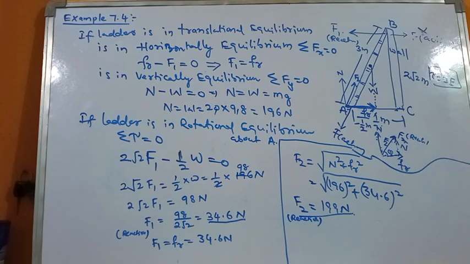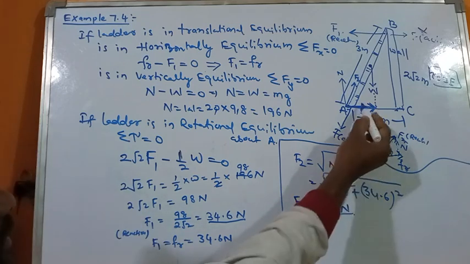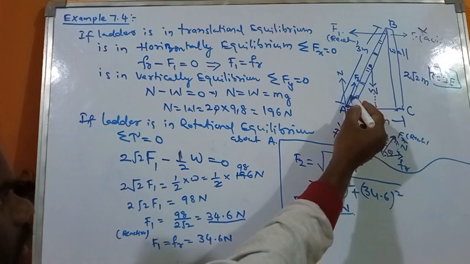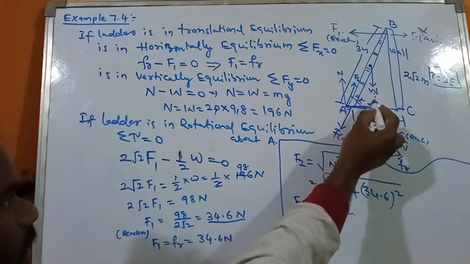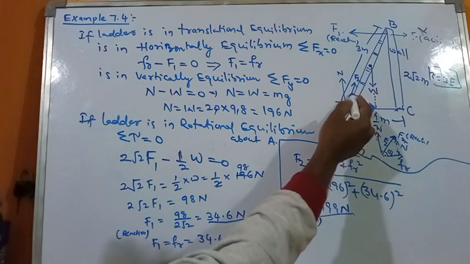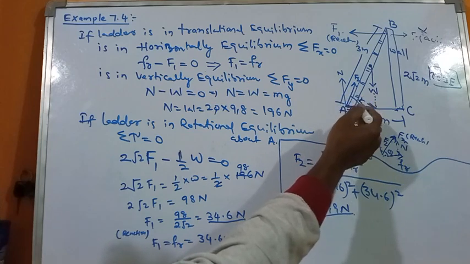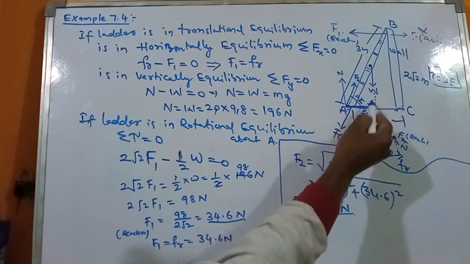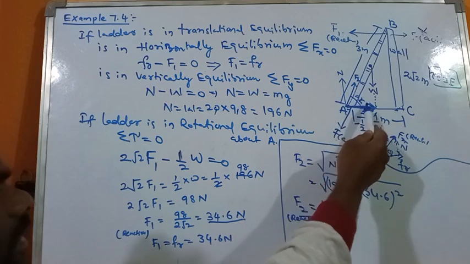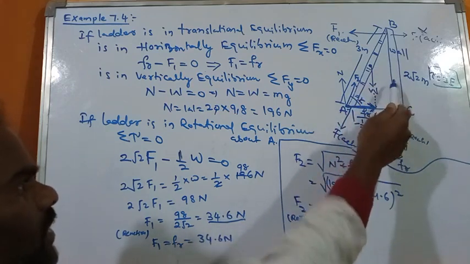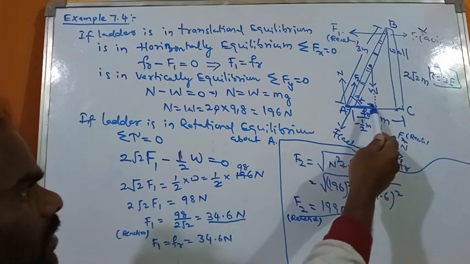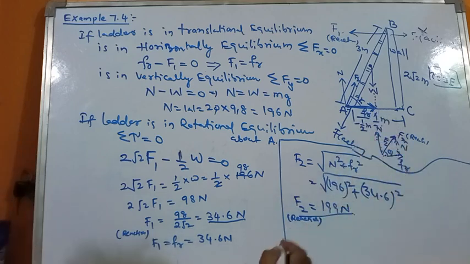But in the book they are mentioning that the force F2 makes an angle alpha with the horizontal. So this force is acting, sorry, making some angle with the floor. This is the theta, and here this is the opposite side, and this is our adjacent side. So from that we can find out the